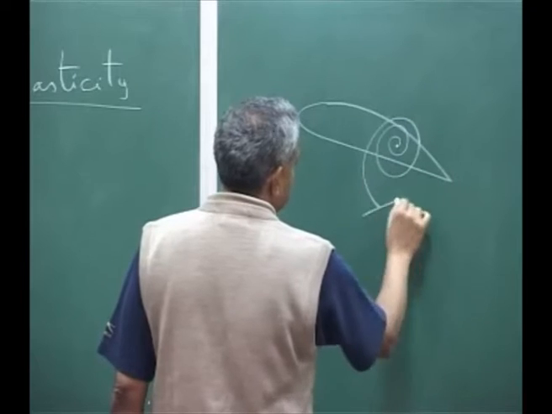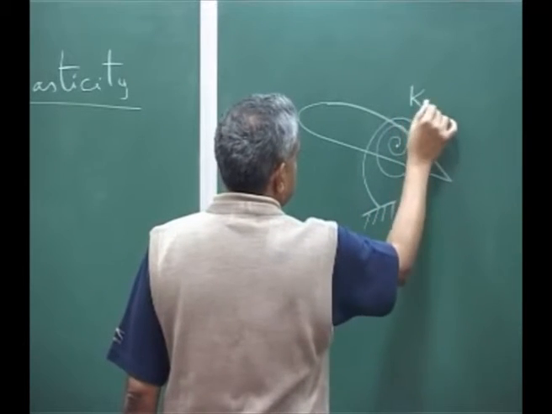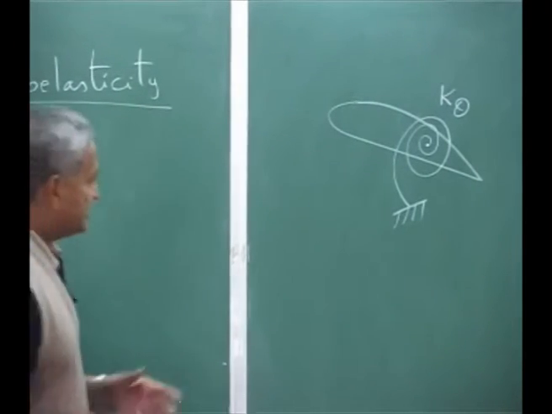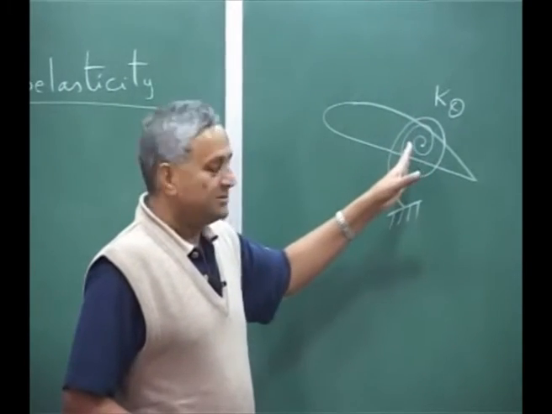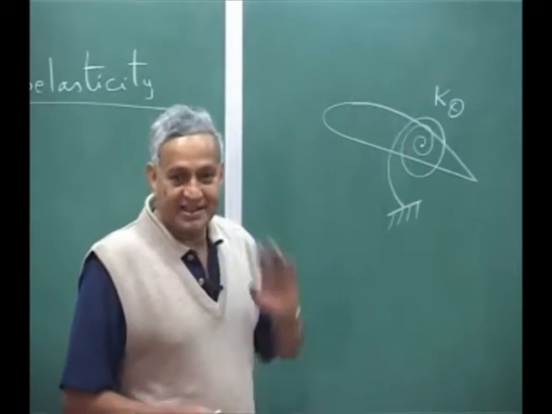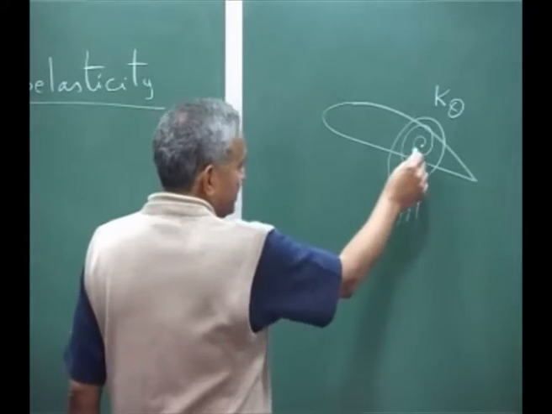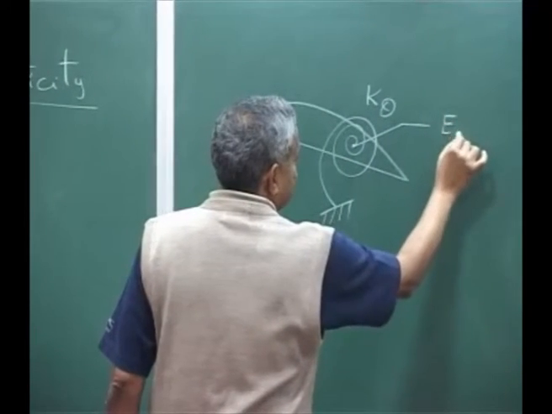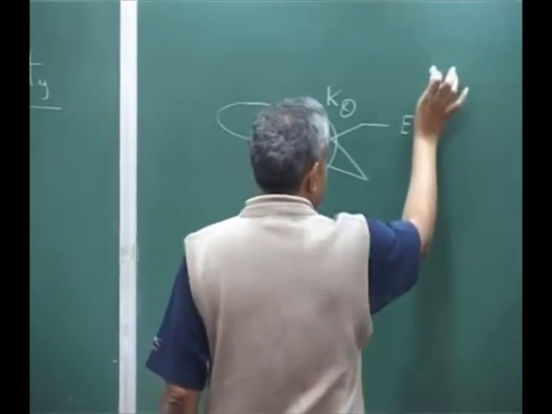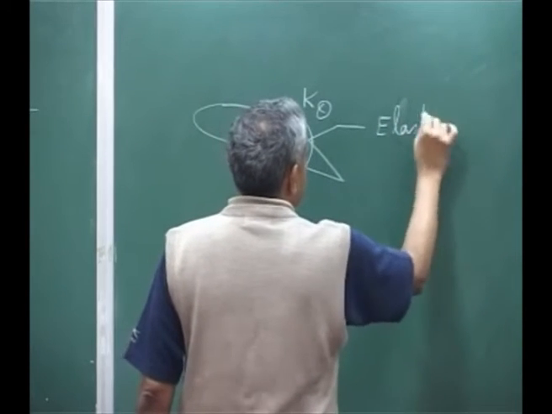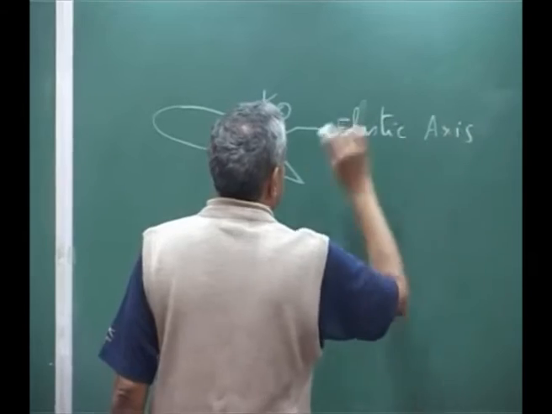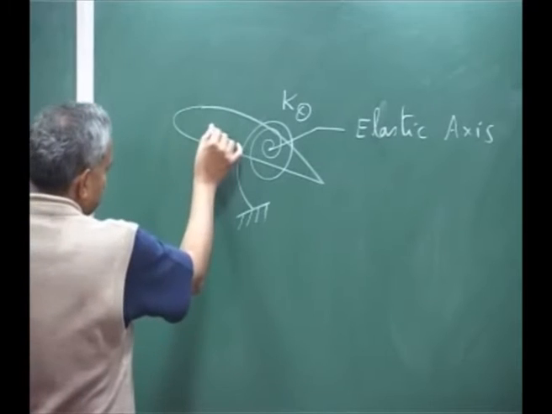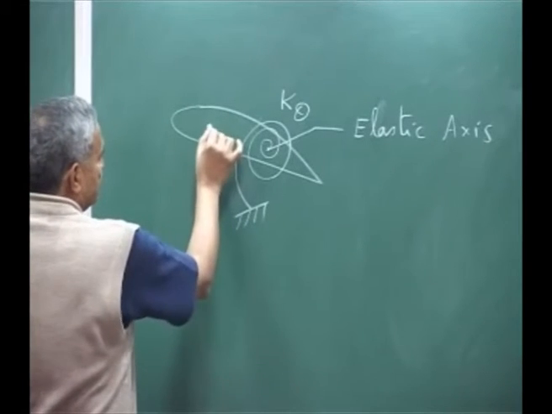whose torsional stiffness of the wing is idealized as a torsional spring with the spring constant k theta, and this spring is at the location which is the elastic axis. Okay, I will write elastic axis of the wing, because this is a 2D model, and then we have the aerodynamic center